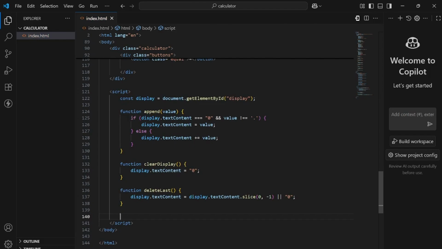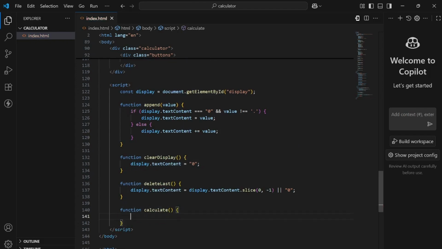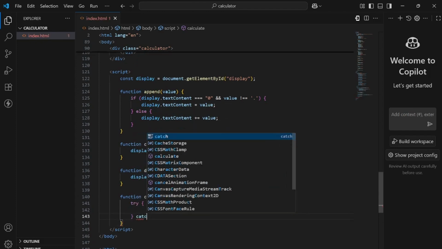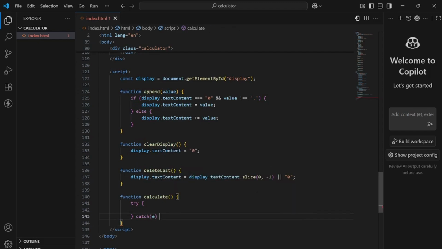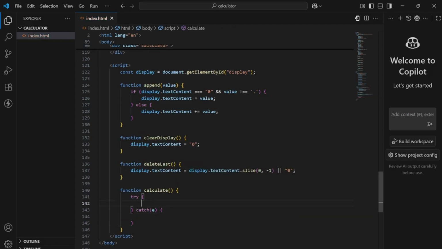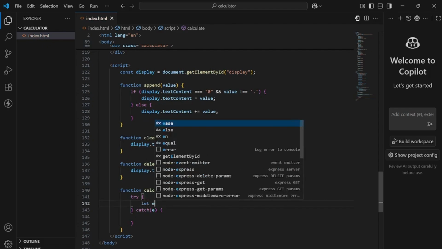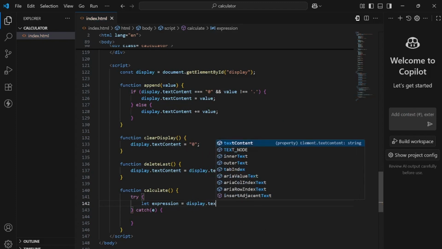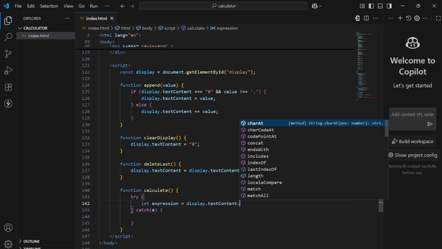And then let's create a function for calculating. Let's create a function and name it calculate. Then we will use a try catch here. Try, curly braces, and then catch. This is how it is written. Inside the try we will create a variable named expression, which we will set to display.textContent.replace